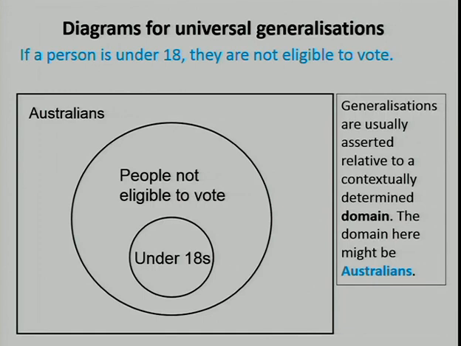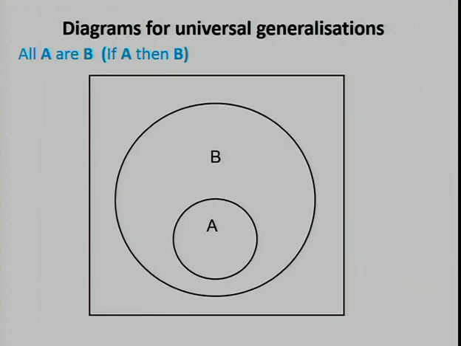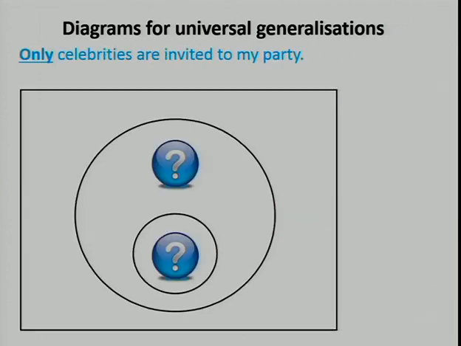It's also a covert generalization in another sense, because it does look like an if-then, a hypothetical statement, but it is still saying something about all members of a certain group. And the general form is again just going to be something like this: if something in general is an A, then it's also a B. All A are B, and that's again the familiar thing that you already know. So that was the squashed, simple version.